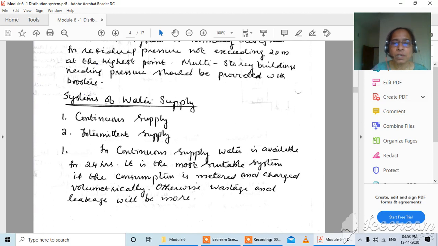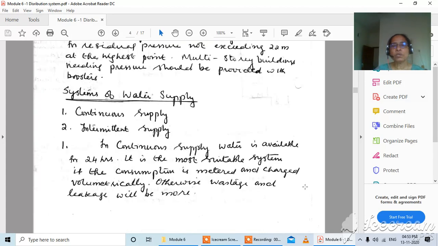First one, the continuous supply: water is available for 24 hours. It is the most suitable system if the consumption is metered and charged volumetrically. Otherwise, wastage and leakage will be more. So, what is explained here? You imagine there is a public water supply system in your location, and you are having a pipe connection. The pipe connection is a meter